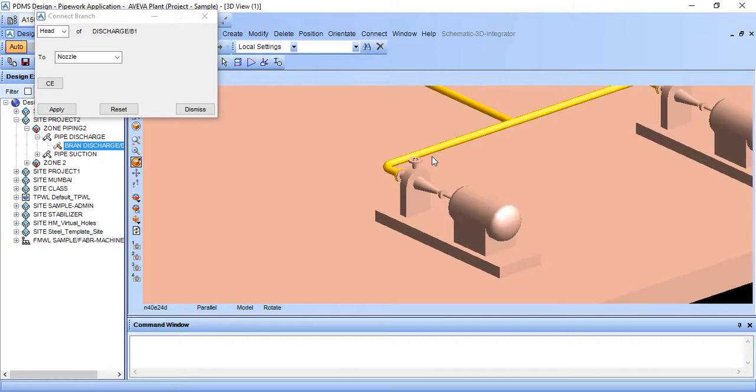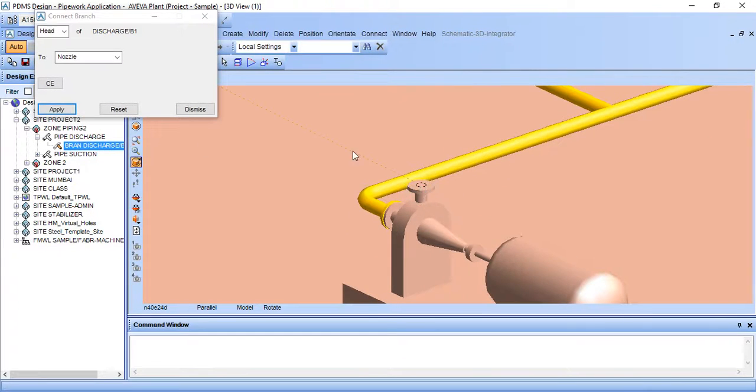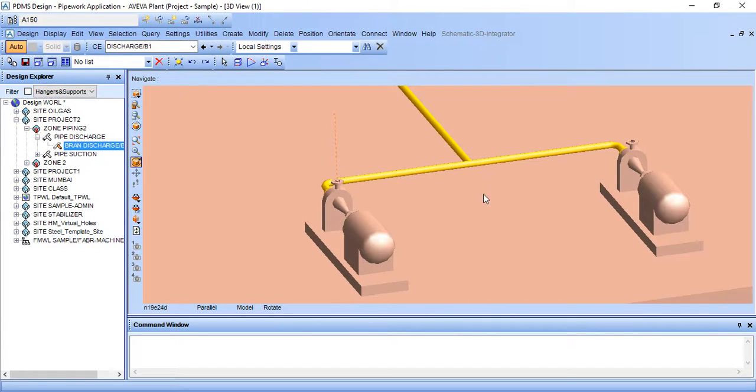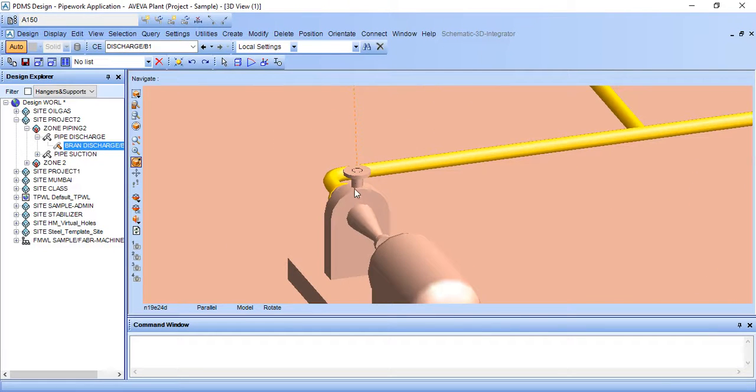Click OK, and for creating a branch, we know this is the head point, this is the discharging. In our previous video we learned what head and tail are. So we are giving connection, apply, click on this and dismiss. We don't know where our tail point is, so just give the head point and start creating components from this component.